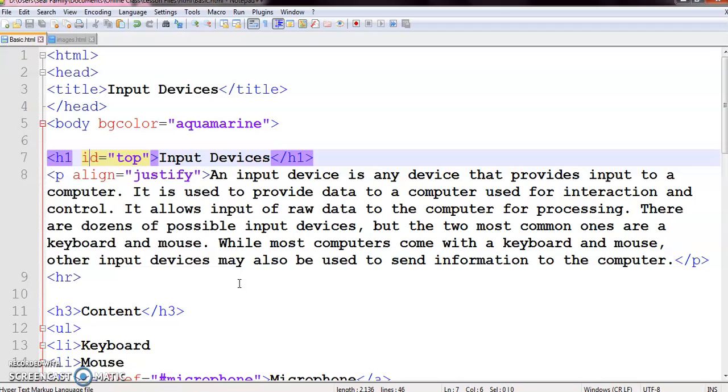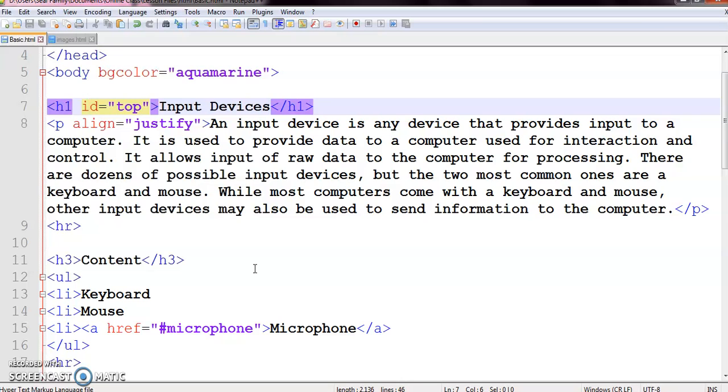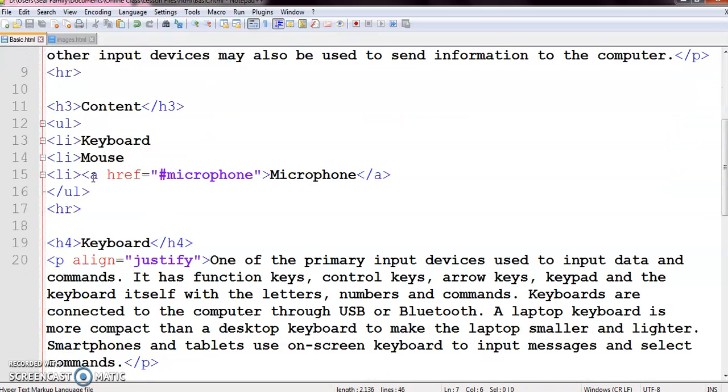So you can create bookmarks in either of these two ways, but the ID attribute is the more modern and more convenient approach, because you don't have to use another tag and wrap it inside that tag. But when you are creating the link, you have to use the anchor tag and the href attribute, and inside the href attribute you have to use the hashtag and then the name of the section.